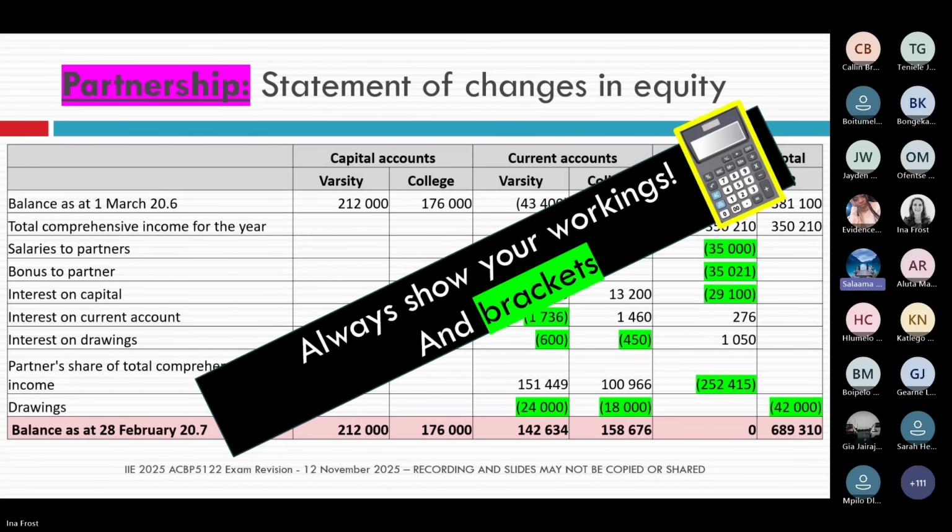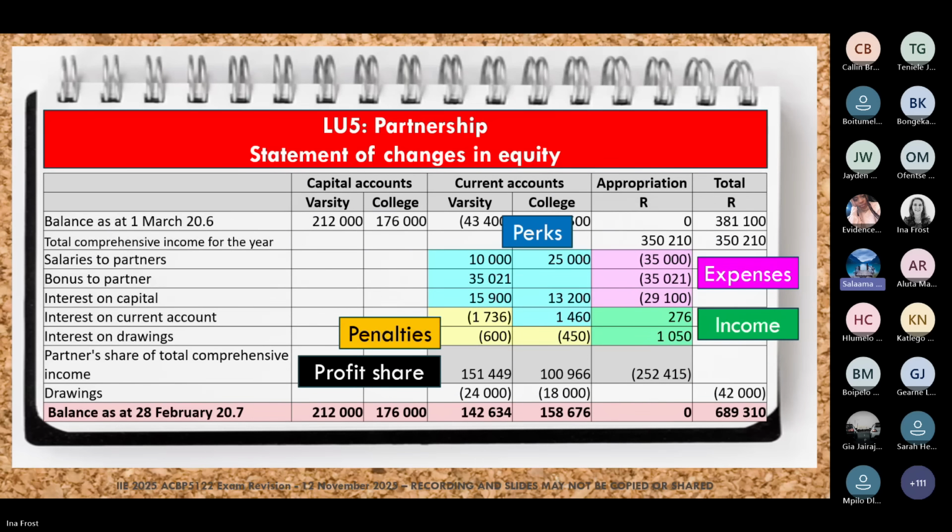Salama, anything you want to add or comment on from the students? Ina, as you just mentioned now, I also gave them some notes just to remember that whatever they've actually done in the T accounts is what they are going to be recording again here: the perks, the penalties. The only difference now is our perks is the positive amount. So those are the amounts we're going to add, and our penalties will be the amounts we're going to subtract. So that will be the amounts in brackets.